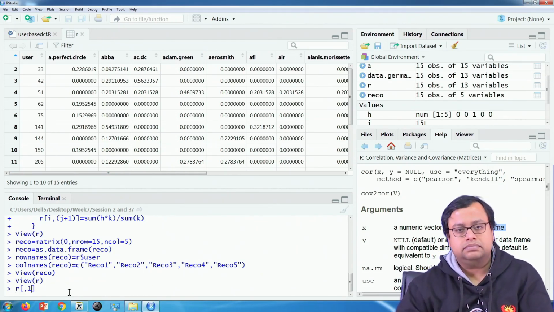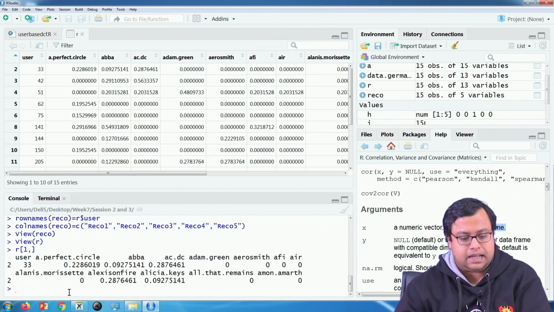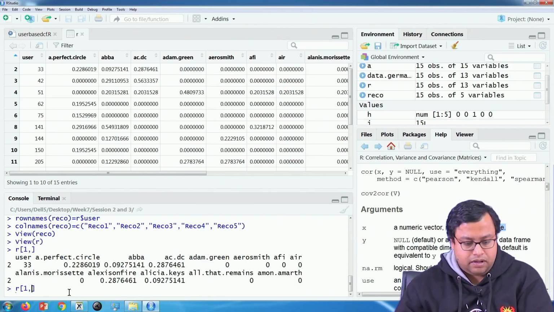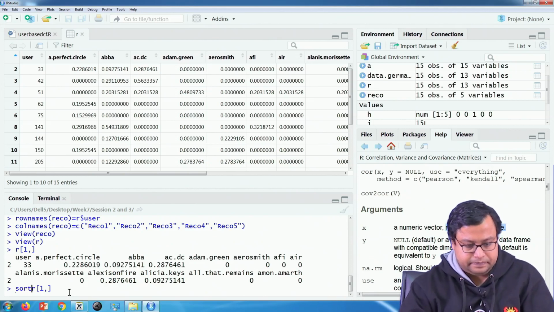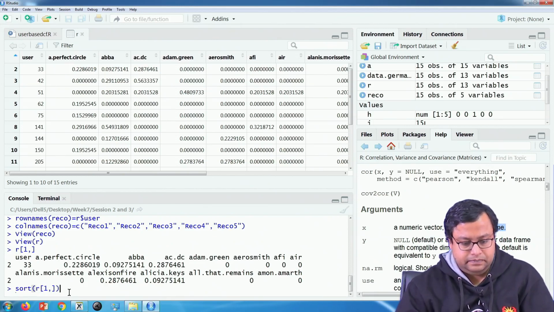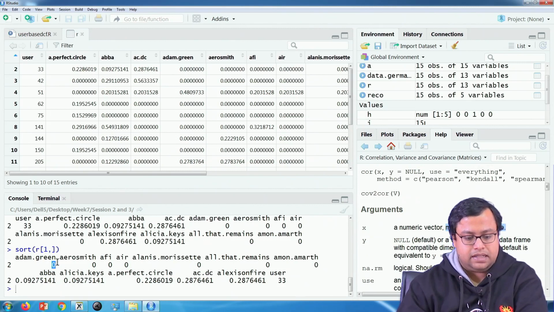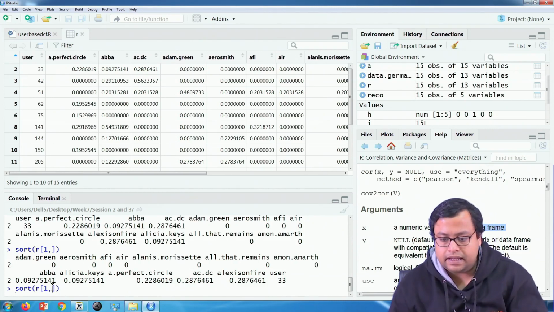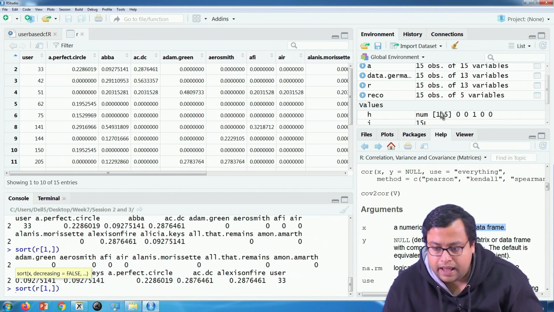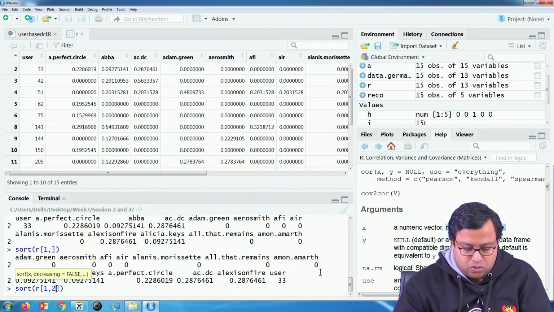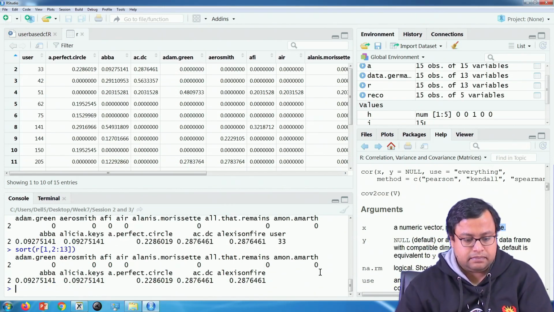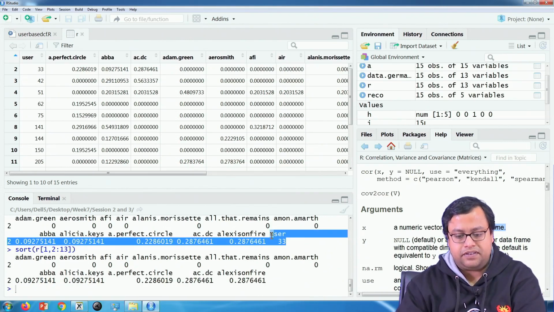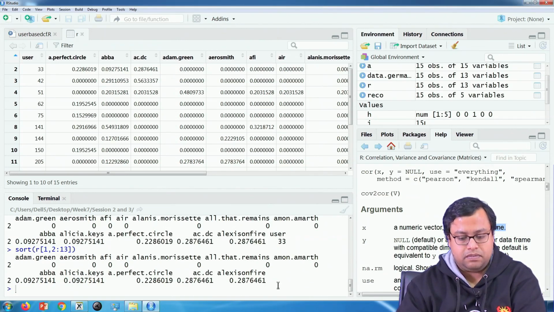R[1, ], this is what it looks like. Fair enough. Now, if I sort it up, this is how it looks like. The lowest is 0, the higher is this number. If I sort it up, not everything, but let us say R has 13 variables, so 2 to 13. Then the user, this one is vanished. Okay, this user 1 is vanished, the last column. So, I get, these are basically the recommendation scores.